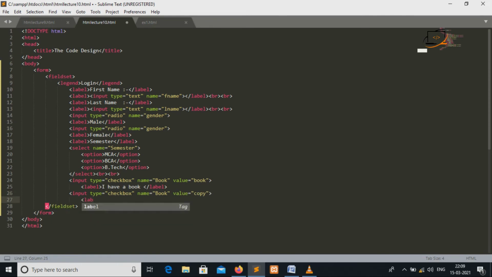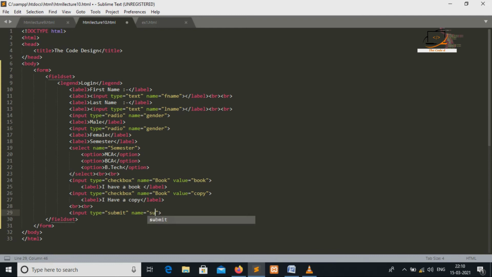Here label and copy. Now lastly input tag, submit button, submit, name should be submit, and value of that button should be login.